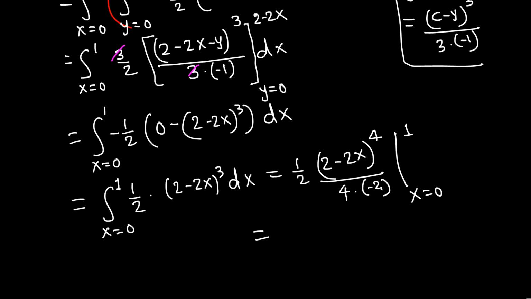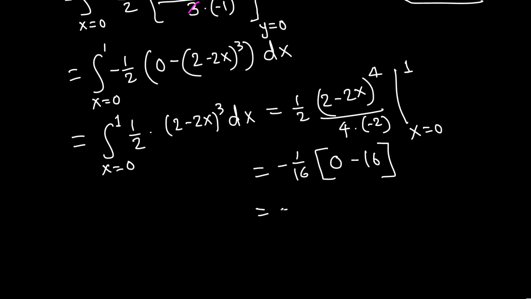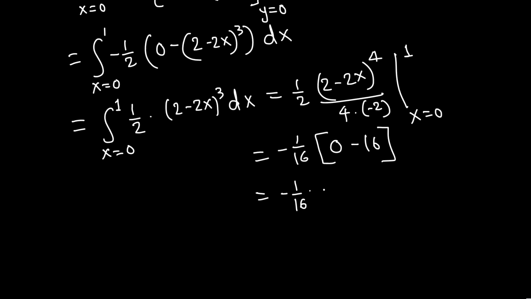This 4 times negative 2 is negative 8, times 2 is negative 16. So negative 1 over 16. Then let's do upper limit, plug in 1 here. So 2 minus 2, 0 raised to 4, just 0. That's the upper limit part. Minus lower limit, plug in 0 for x. So 2 minus 0, just 2. 2 raised to 4 is 16. So we have negative 1 over 16 times negative 16, negative times negative is positive. 16 is cancelled, so 1. Okay, final